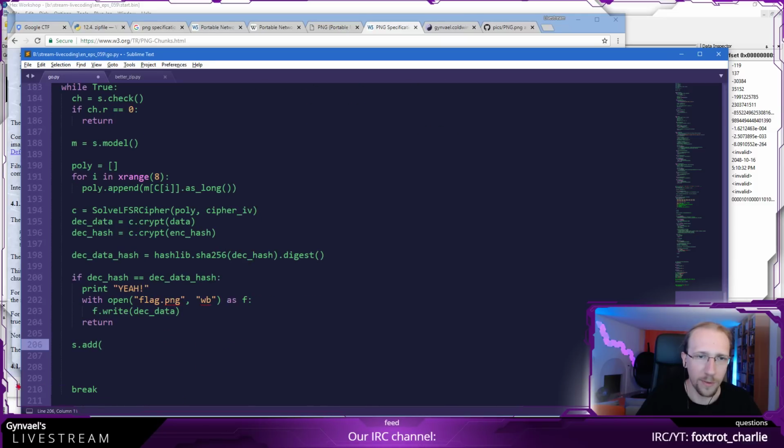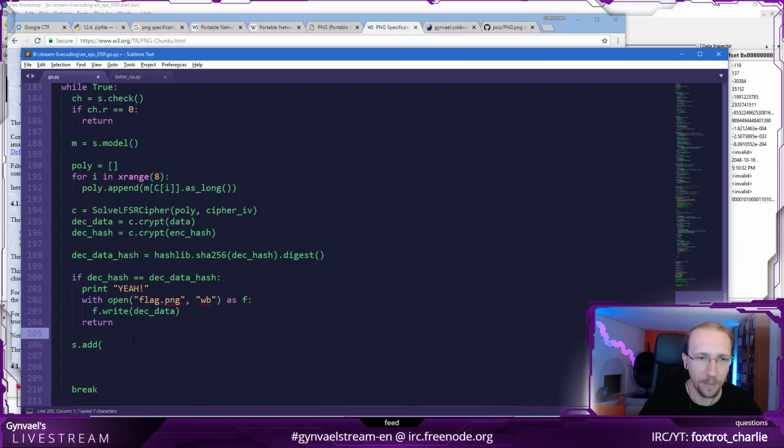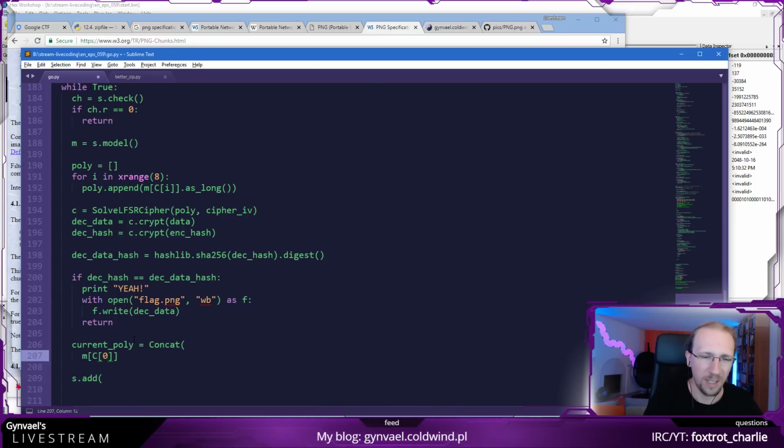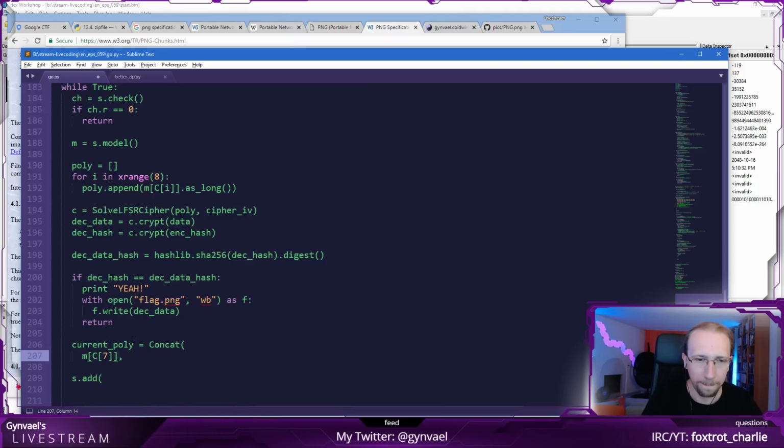Where do I have the polynomials? I have them here. Okay, so perfect. So current poly is equal to concat of this, of 0 to 7.